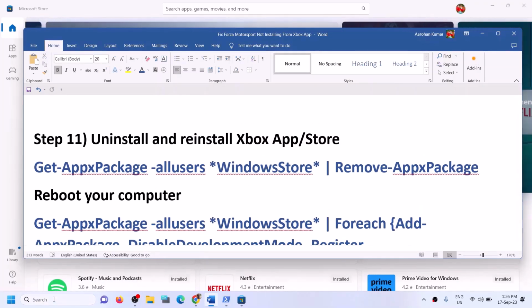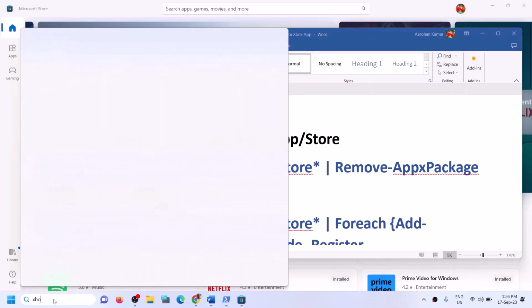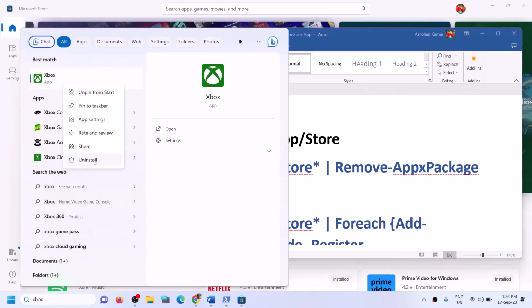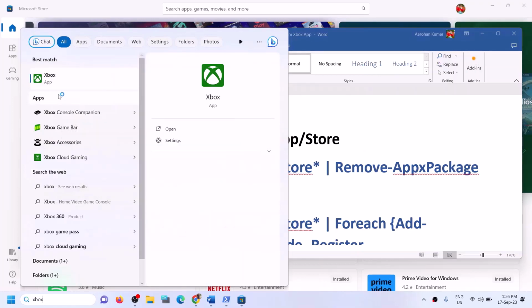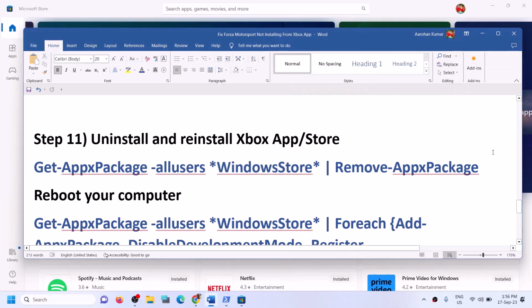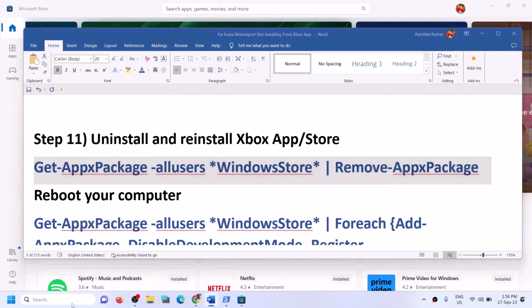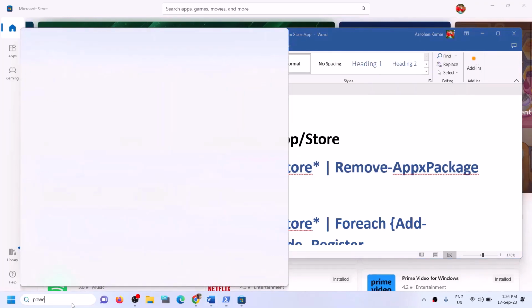Now to uninstall Xbox app, you can type in Xbox app in Windows search box and then make a right click on Xbox app and then click on uninstall. Now once Xbox app is uninstalled, now copy the first command and then type in PowerShell in Windows search box